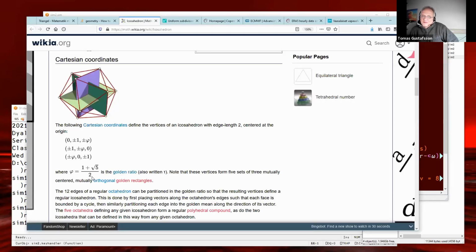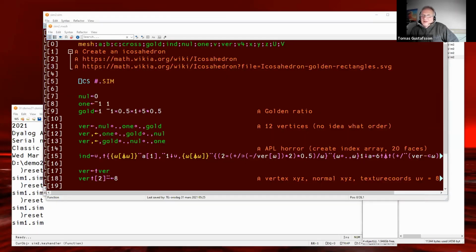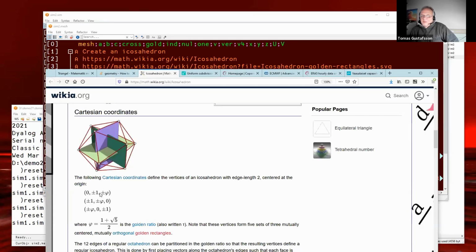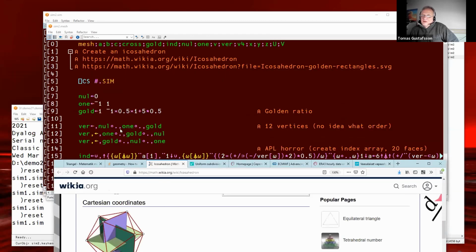1 plus square root of 5 over 2, yeah. That's in APL. Okay, so jot.comma, and it was null plus minus 1 gold, null 1 gold, 2 elements each.